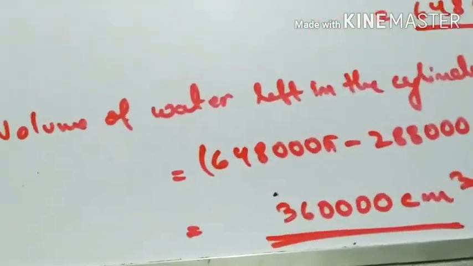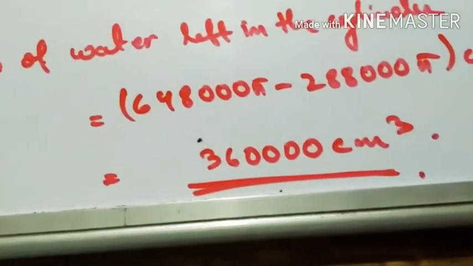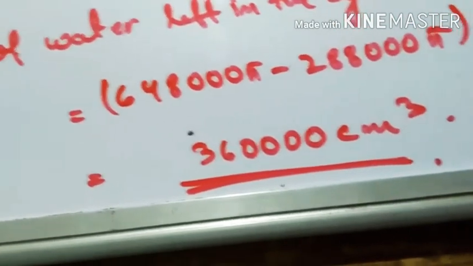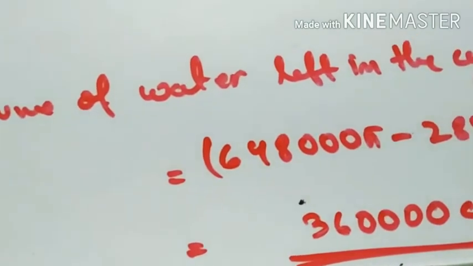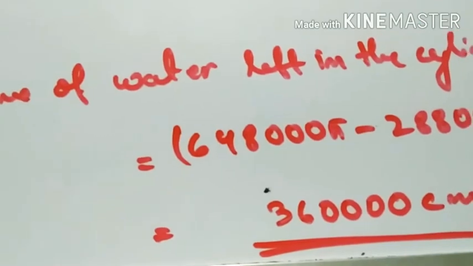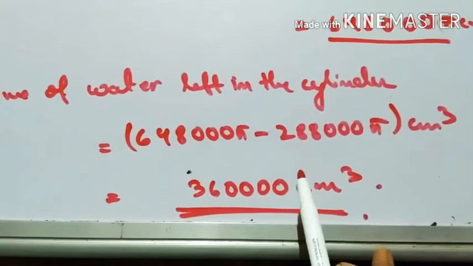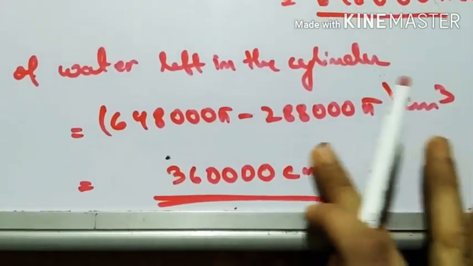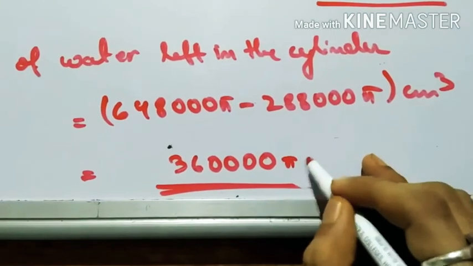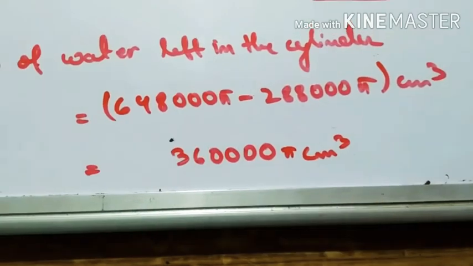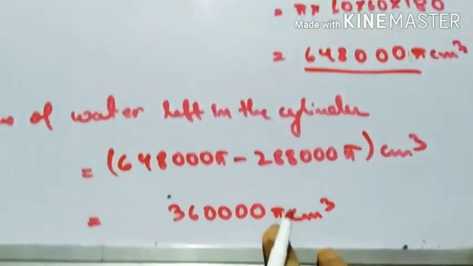Let's check the back answer one time. In here I made a small mistake. I did not give the pi. This minus this is this much, but pi is there. I did not give this pi, so therefore it was not matching with the back answer. Now I will put the value of pi here.